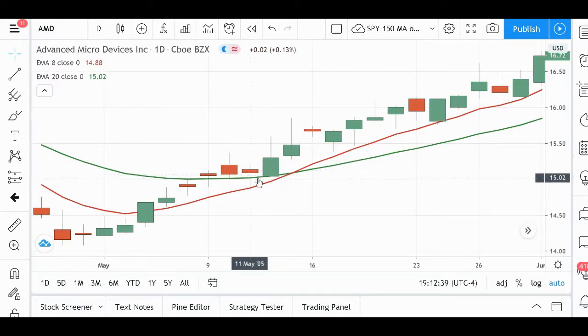And just make sure that it closed above the green line, which it did, okay? Otherwise, that would invalidate it, and you would not take the long trade. All right, so it's closing above the green line, the 20 EMA, and there is a bullish engulfing with these two candles. So you would take this trade, and you would probably want to wait until almost the end of